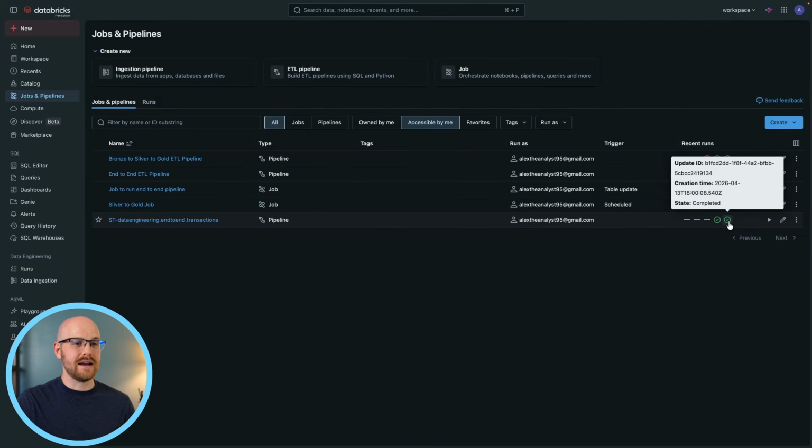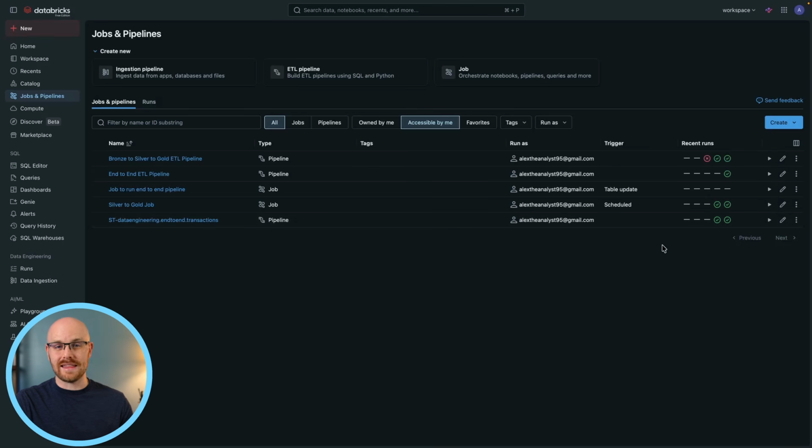It looks like it may have already run before. No, I think we're good. No, it did. It's already run twice. I think that's just because of when I set it to the 0 time. Perfectly fine. But what we're going to do now is we are going to just check that this end-to-end ETL